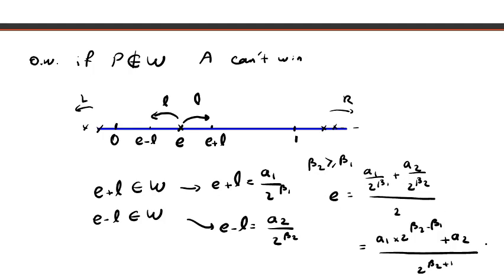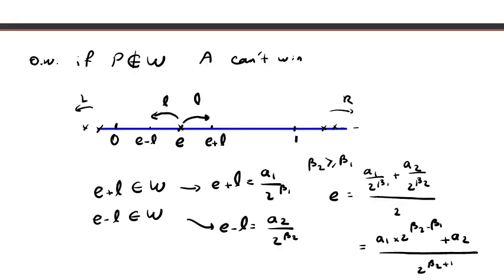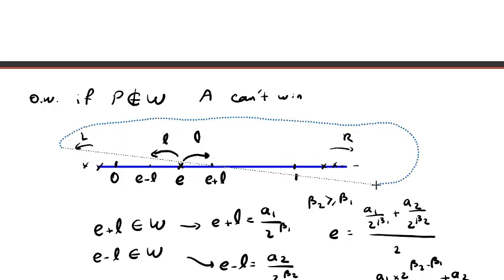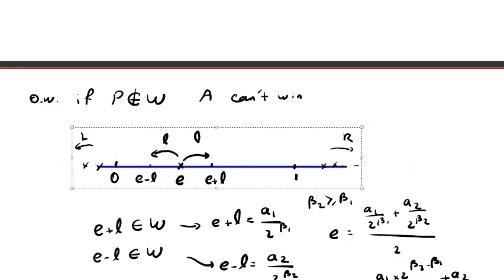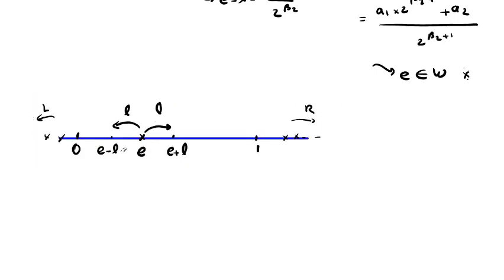So we said e belongs to W, and that's a contradiction, because we wanted to see the first time that we reach W. So B can do something so that the robot can't go to points that are in W. Now let's consider if one of them is 0. If one of them is 0, let me copy this part. It is similar. If one of them is 0 or one of them is 1, we can reject it. Suppose, for example, in this case,